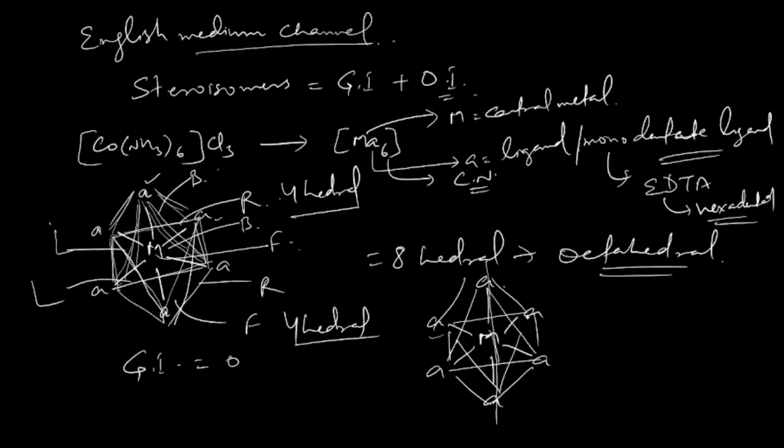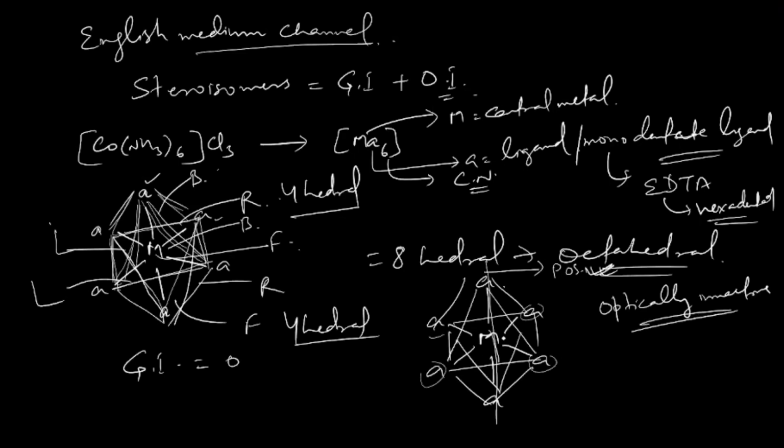See what is happening: this A and this A are reflecting for this mirror, so both are mirror images, and we can say this one has a plane of symmetry. The symmetry elements are plane of symmetry, center of symmetry, axis of symmetry. If any one is present, then we can say